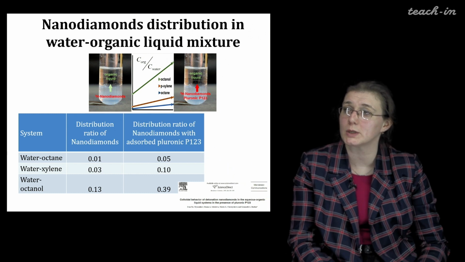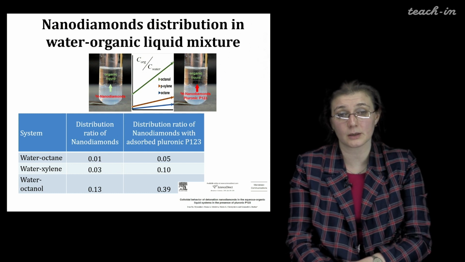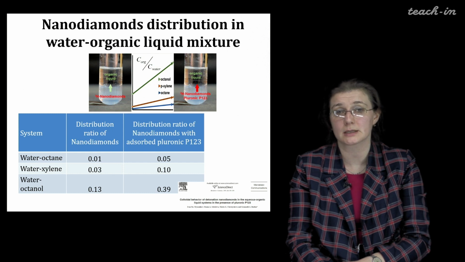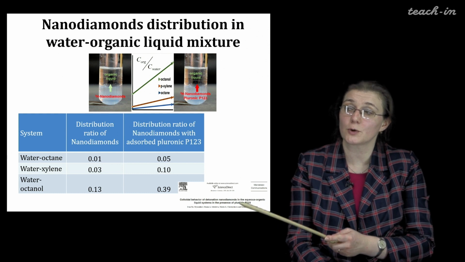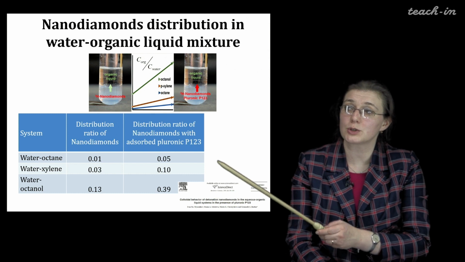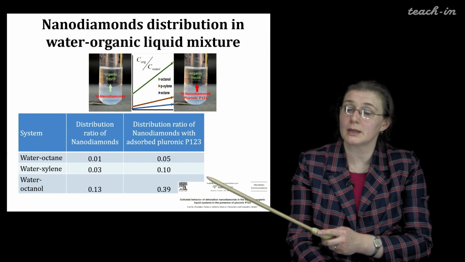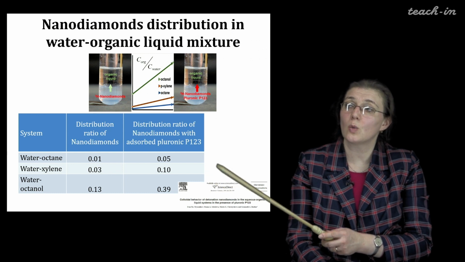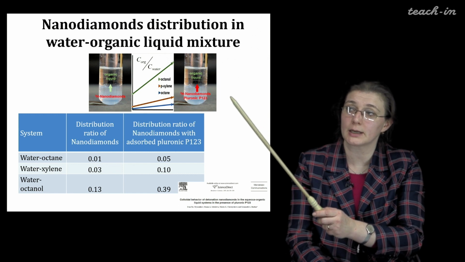Here is an example with pluronic. It's a three-block copolymer of ethylene oxide, propylene oxide, ethylene oxide, and it's surface active, and it can be easily put on the surface of nanodiamond. If we have labeled nanodiamond, we can find its low concentration in the bulk of the organic phase,